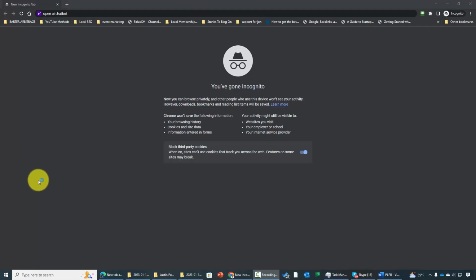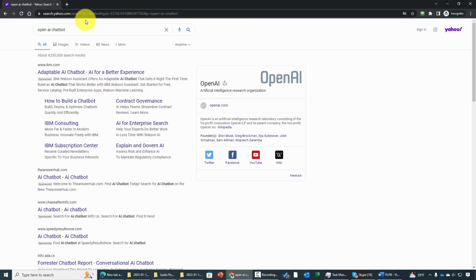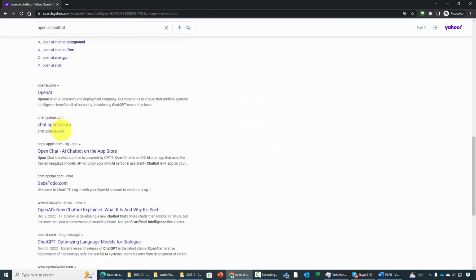Hello and welcome. You're now looking at a search engine and we're going to type in the search OpenAI and then the words chatbot. We're then going to click enter and we're going to start the search process. You're going to see a number of search results. The search result that you want to look for will say